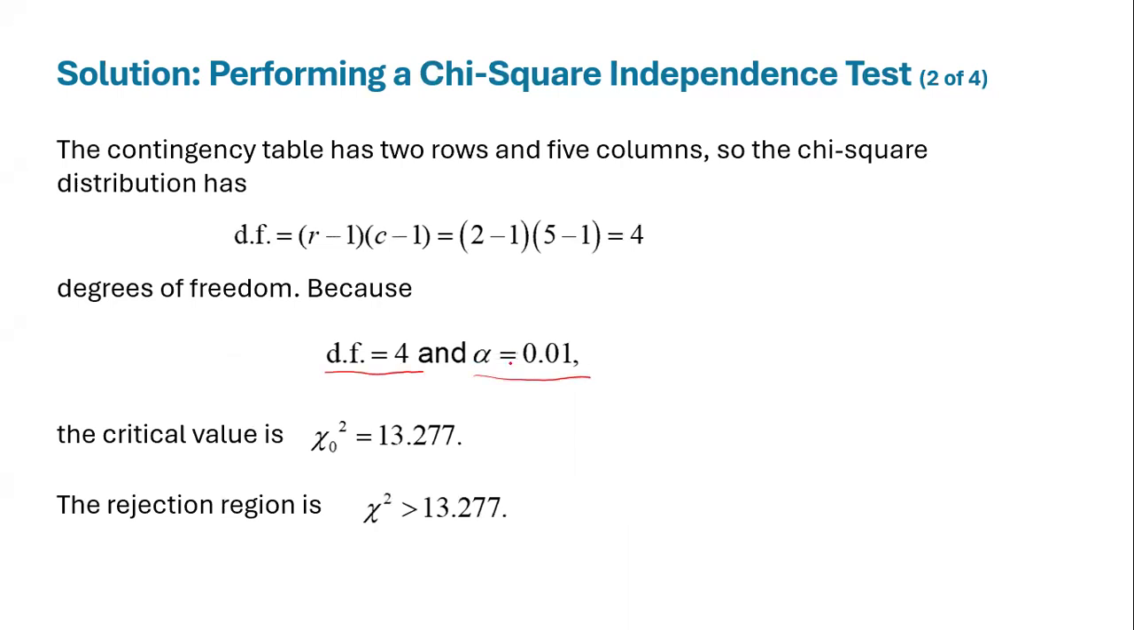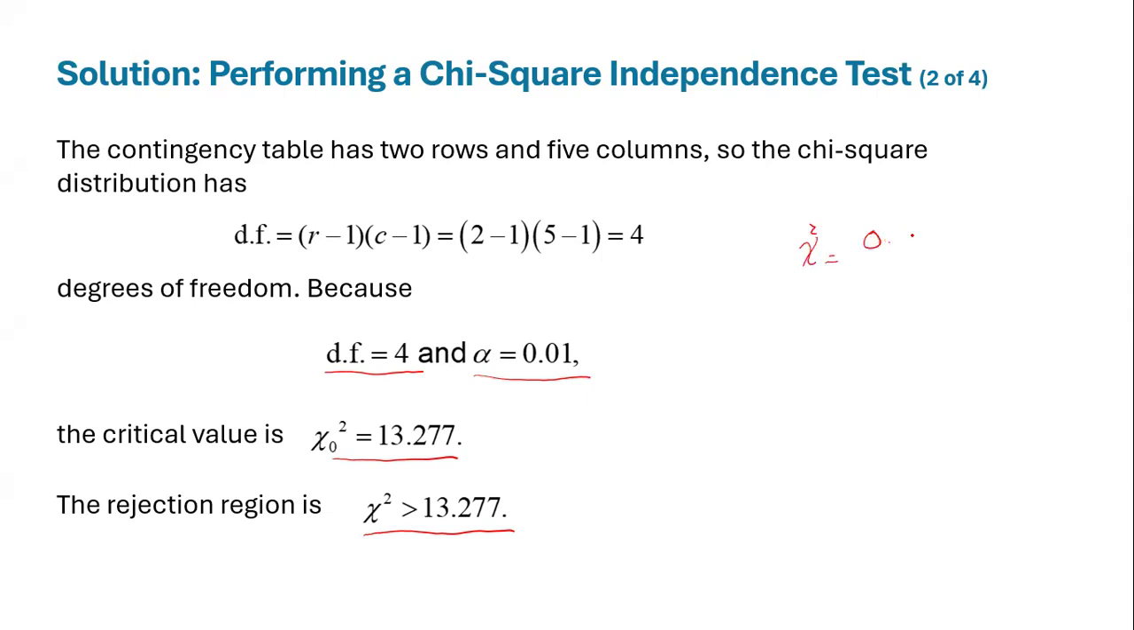Now by having these two, we look at the chi-square table and find the critical value. And you know that the rejection region is always all the numbers that are greater than that critical value. Okay, now we need to use the chi-square test. So you know that the chi-square test is